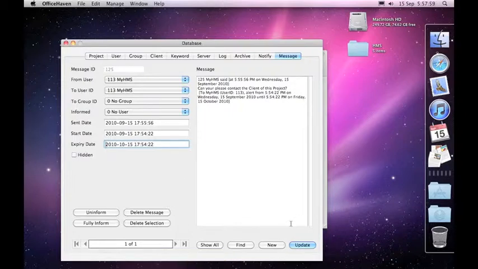Now normally you would create new messages with TwitHaven, but there's no reason why you can't go in here and change and create a new message by clicking on New. Now none of the changes that we make in here will actually take effect until we click on the update button. Once we go update, it will save those changes up to the cloud so that they're set for next time. Okay, so that is how you manage your messages on the